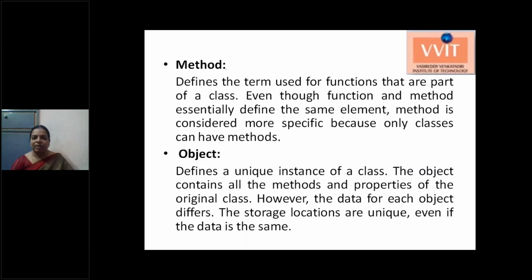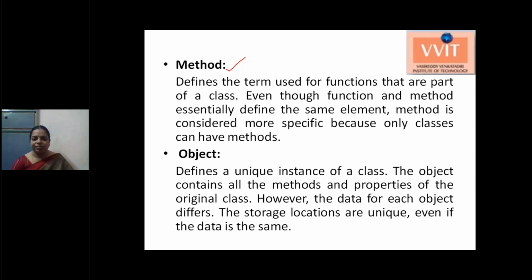Next we'll see what is meant by a method. A method is nothing but a function which is written in the class. The methods are the functions which are able to access the data members of the class. Other than the methods of the class, no other function can access the data members of the class, unless the accessibility restrictions allow it.